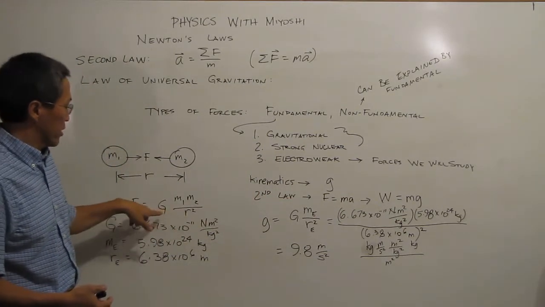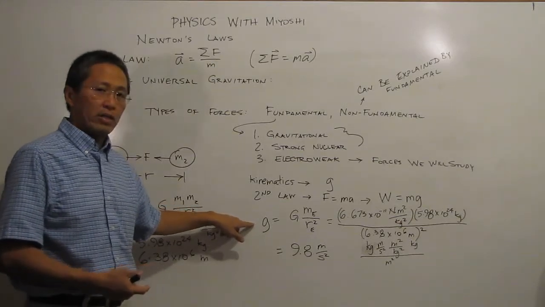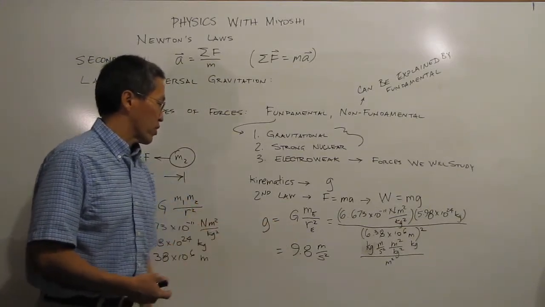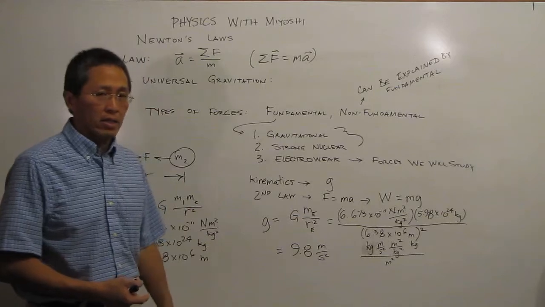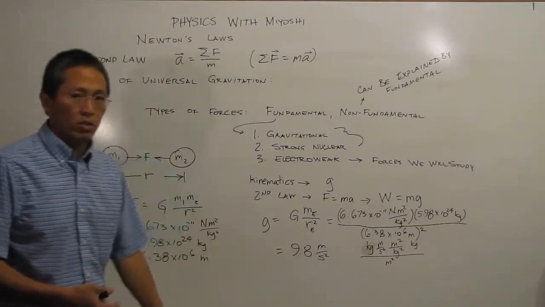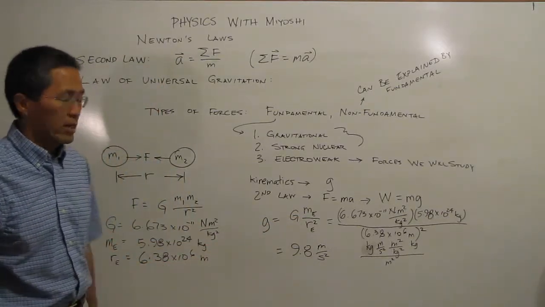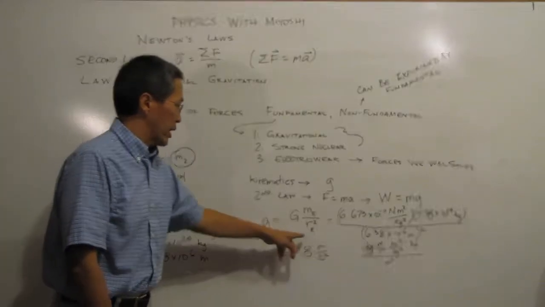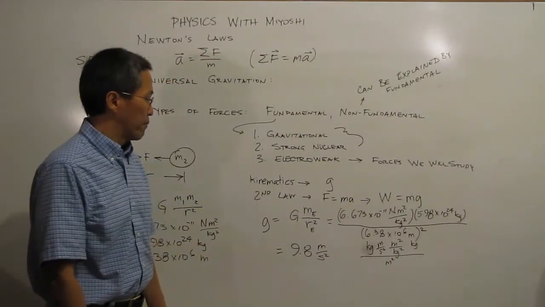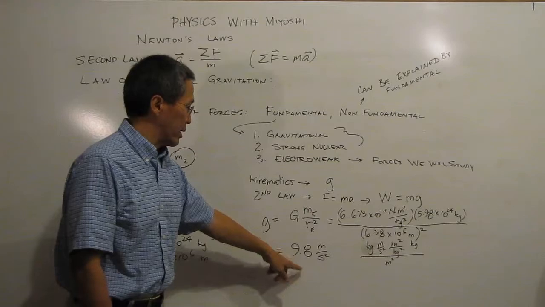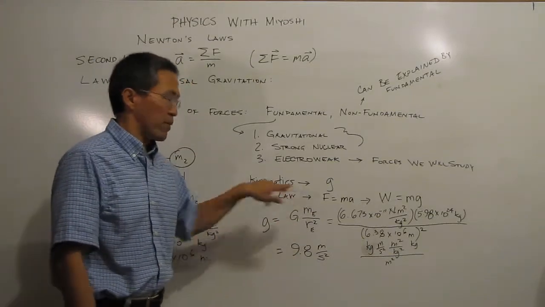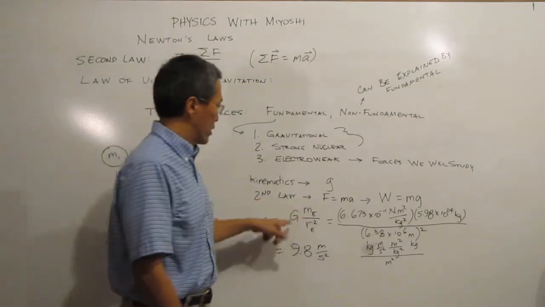If we look at these two equations, we can see that on Earth, the gravitational acceleration should be the gravitational constant times the mass of the Earth divided by the radius of the Earth squared. So when we're standing on the Earth, we should experience acceleration equal to 9.8 meters per second squared, and you can come up with that number by doing this equation.